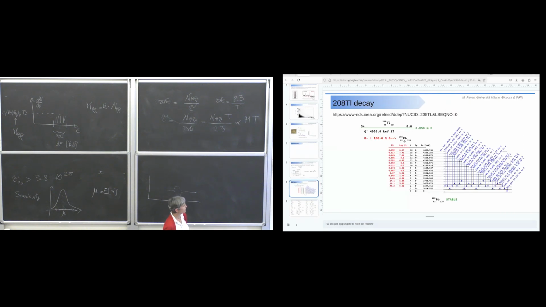I don't know if you can see here, the 2.6 MeV event is the emission to the first excited level, and then the following level at higher energy has an emission at 583 keV, and both of them are prompt gamma rays. So when the decay populates this high energy state, I have two gammas,